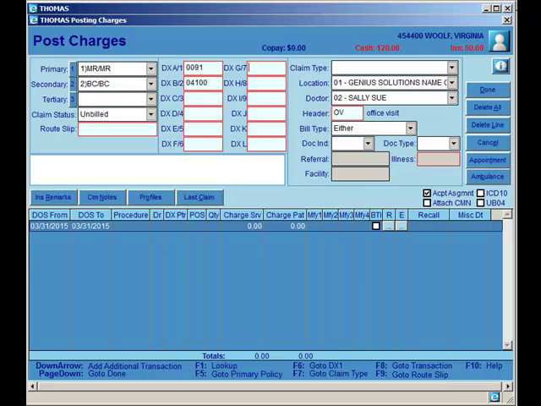I'm going to use my tab key to tab through this area. Go over to the claim type. If I need to add a claim type, I may use my arrow key to go through and select the right claim type. If I need to go back to an area, of course I can always use my mouse,